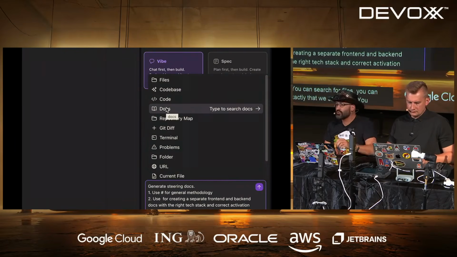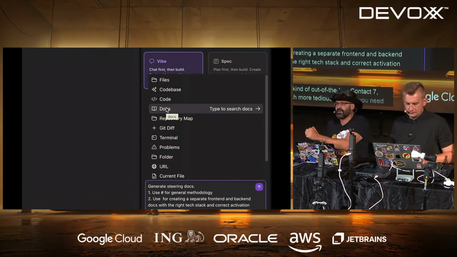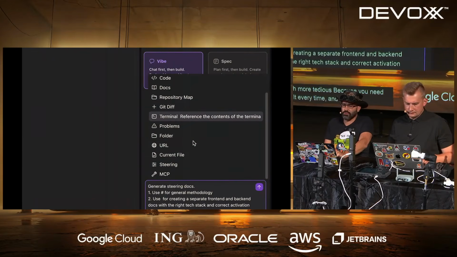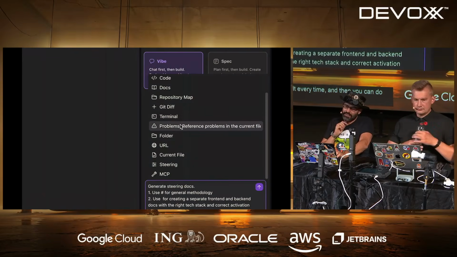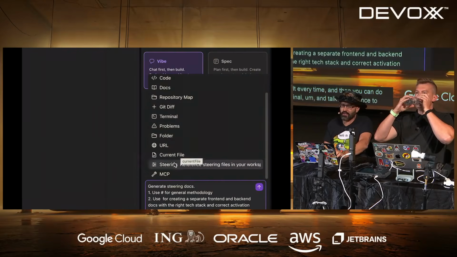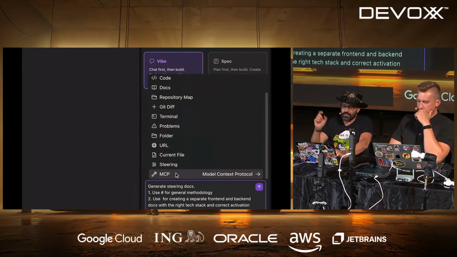You can ask to search for particular docs. This is kind of an out-of-the-box Context7, but it's obviously much more tedious because you need to provide which docs you want to consult every time. Then you can do stuff like open a terminal, reference the currently open file, and reference a specific tool in an MCP.